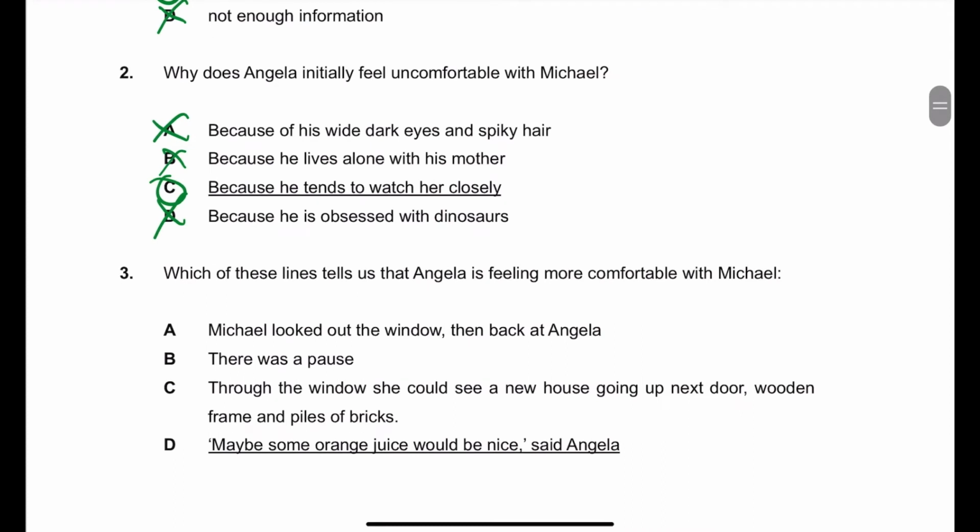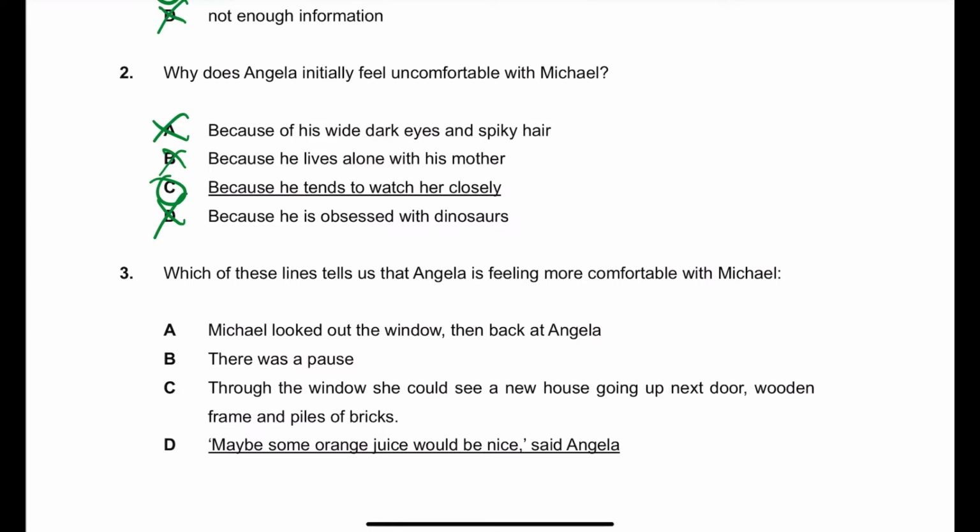Cool. Now, question 3. I want to focus on reading this question and figuring out what the question is actually asking us to do. So which of these lines tells us that Angela is feeling more comfortable with Michael? So initially, Angela feels uncomfortable because he is watching her closely. I'm also referring to the part of the extract where he offers her orange juice or coffee, and she's